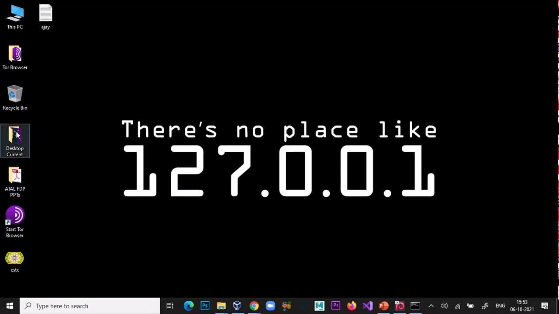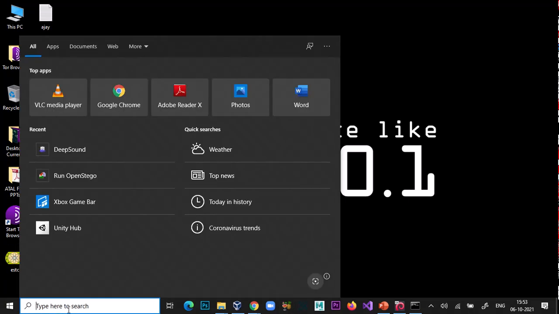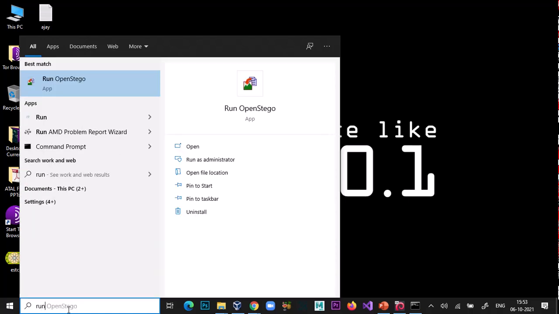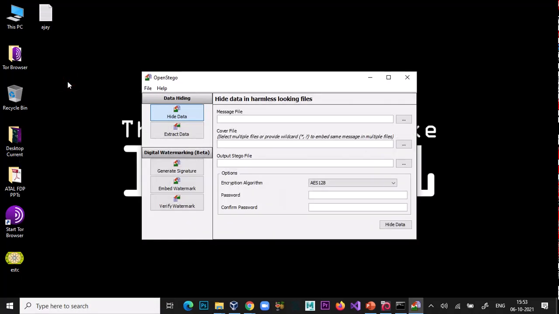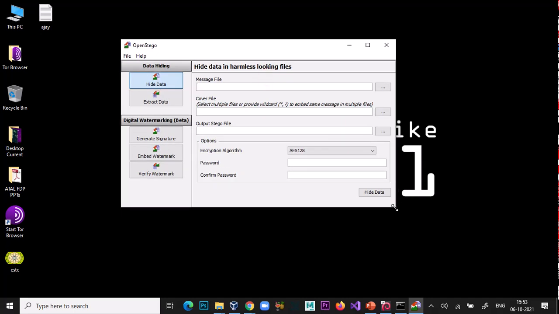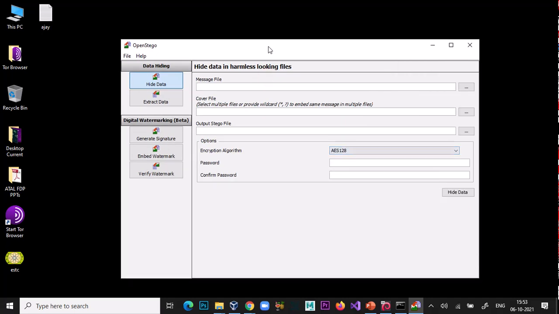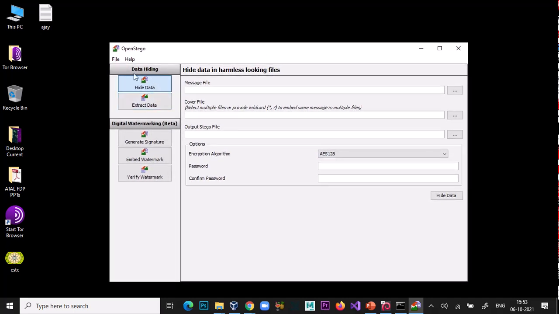Now doing the same thing with a tool, run OpenStego. Just open the tool. Here two options are available: hide data and extract data.